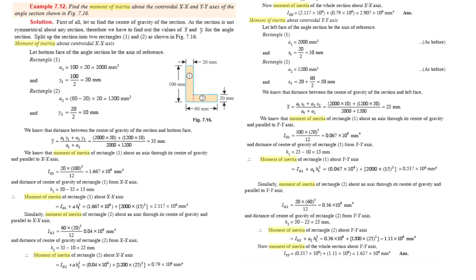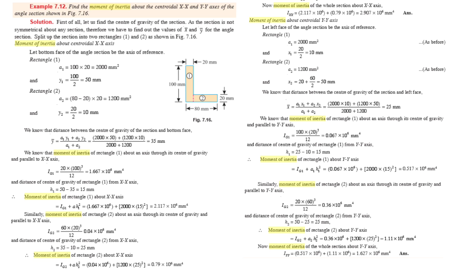As the section is not symmetrical about any axis, therefore we have to find out the value of x bar and y bar for the angle section. Now split up the section into two rectangles, section 1 and section 2, as shown in the figure. The moment of inertia about the centroidal x-axis is